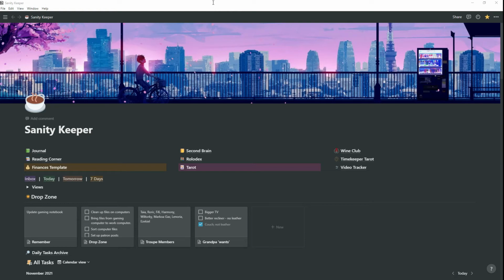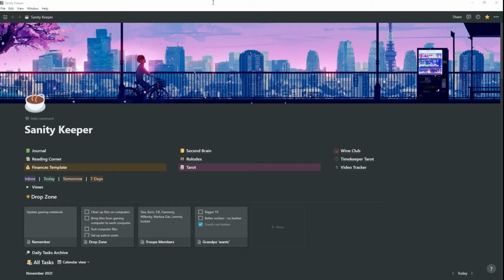I am an urban fantasy author and I'm here to talk to you about my Notion board. I decided to do this because I did a little poll on my YouTube channel community tab and asked you guys what you were interested in. I gave you some options and the Notion board came in second after tarot card reading for the month. So did my tarot card, now we're doing Notion.